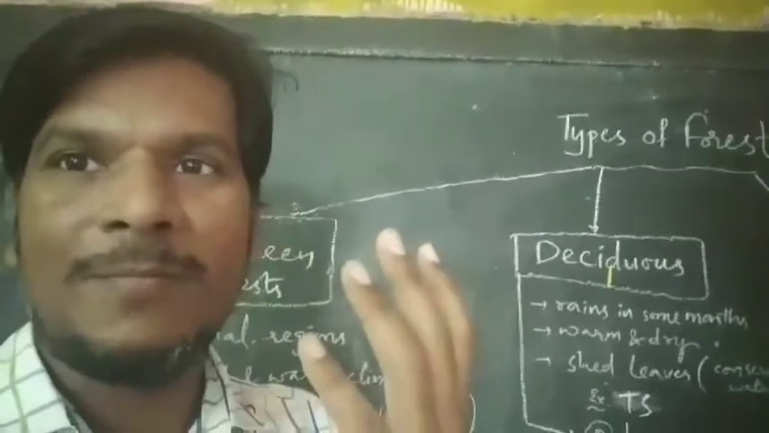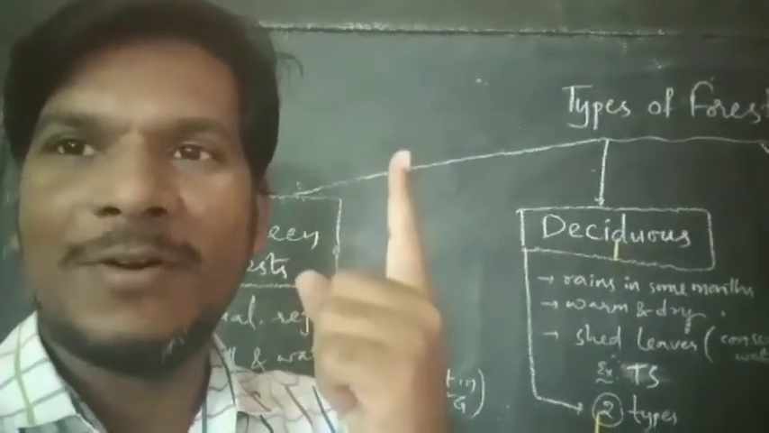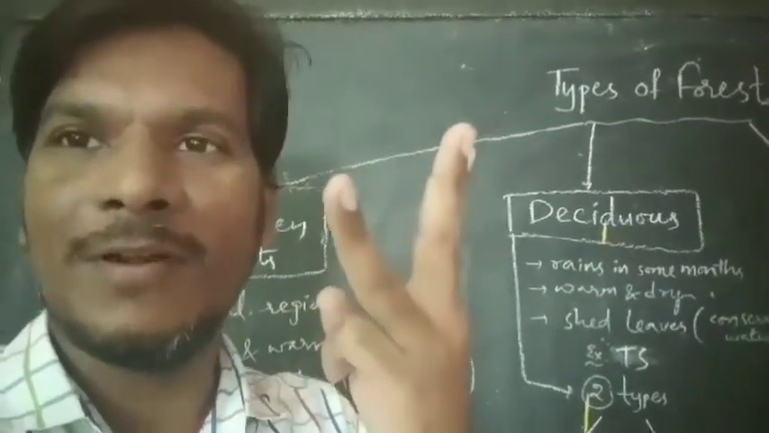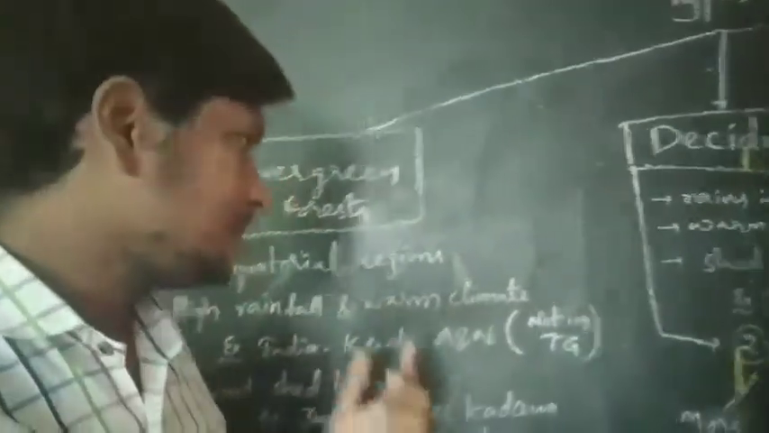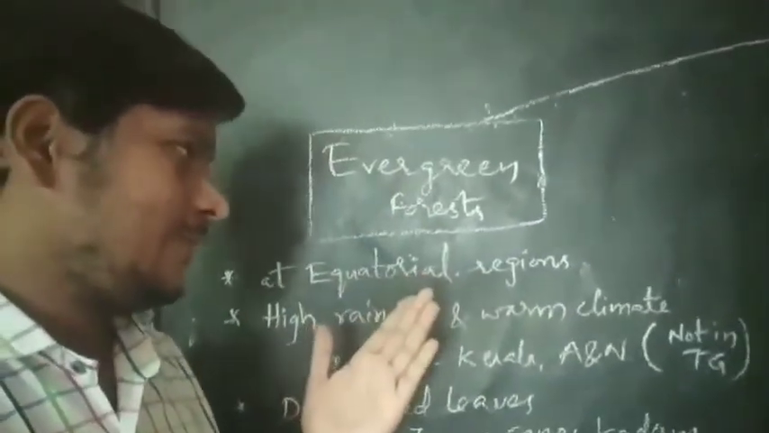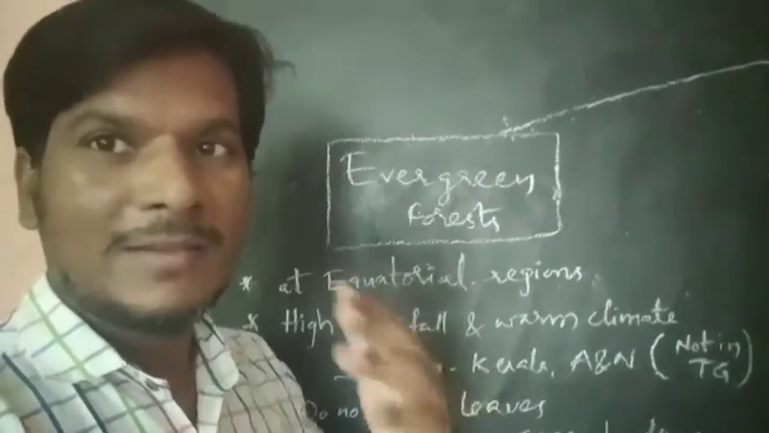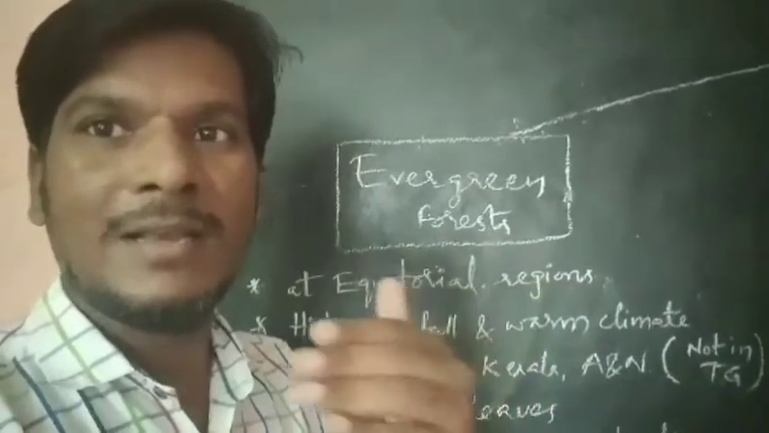Major forests, we have four types: evergreen forest, deciduous forest, thorny forest, littoral forest. One by one we will learn. First, evergreen forest. Evergreen forests are grown in such type of climate where we have very high temperature and high